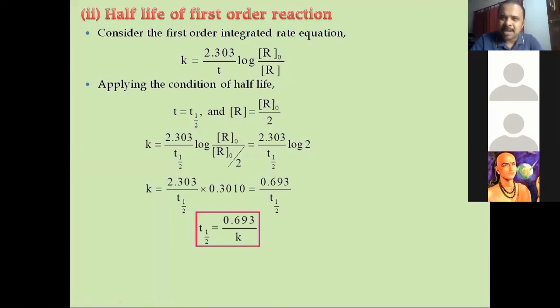I'll take the same example as that of zero order. I will carry out a first order reaction with 2 moles in the beginning. The time taken for 50% completion is 5 minutes. Again, I'll carry out the same reaction by taking double the concentration, that is 4 moles. What would be the time taken for 50%? 5 minutes only. In case of zero order, it was 10 minutes. In case of first order, 5 minutes.